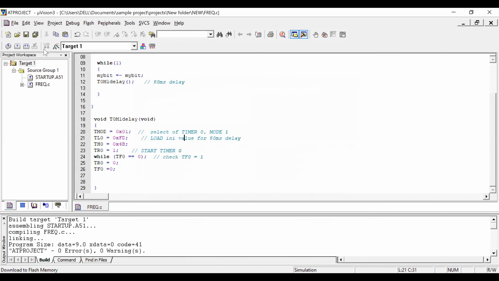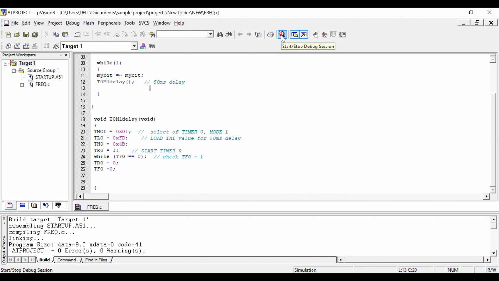Now I have set my target, that is, the controller is getting the frequency 11.0592. Always the controller should be provided with a crystal oscillator for doing certain operations like timer, serial data transmission, or some data movement inside the controller. For everything, a crystal oscillator is required. Okay. So this is an important point I would like to say.